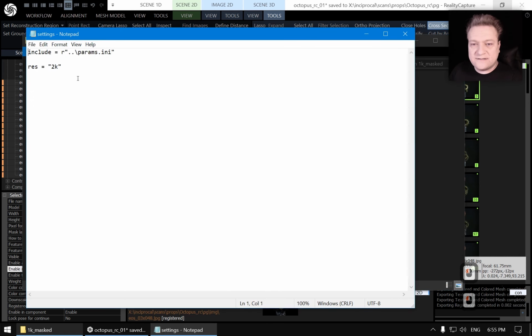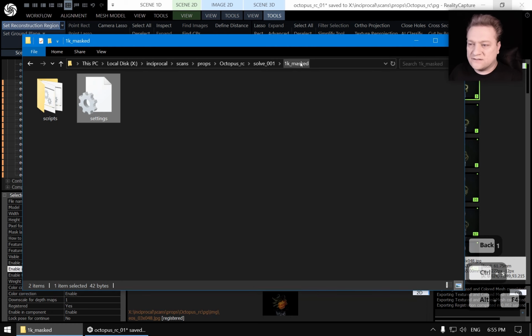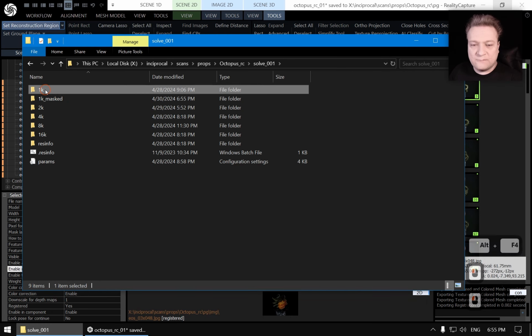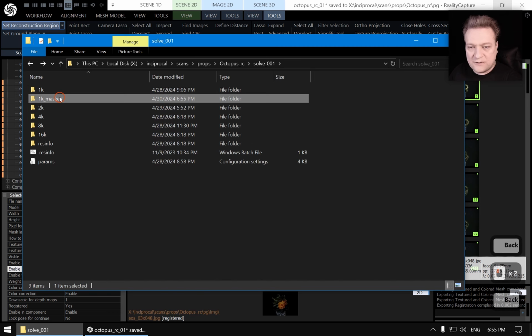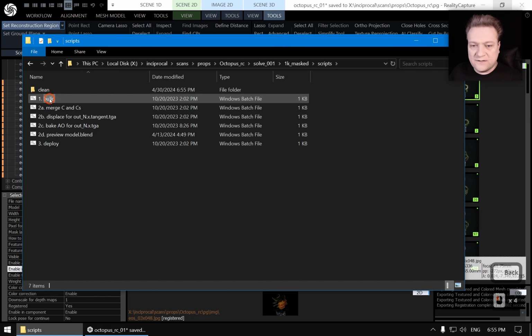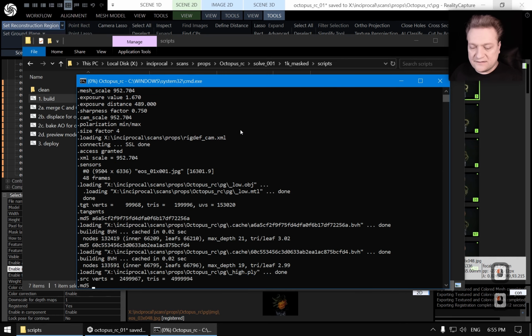And here you see the whole difference between 1K and 2K is that we have this local settings file that includes the main parameters and then overrides the actual resolution. So here, let's go ahead and set it to 1K. So now we basically would have the 1K that we built before without masks, and now this masked one. And if we go and click build script,